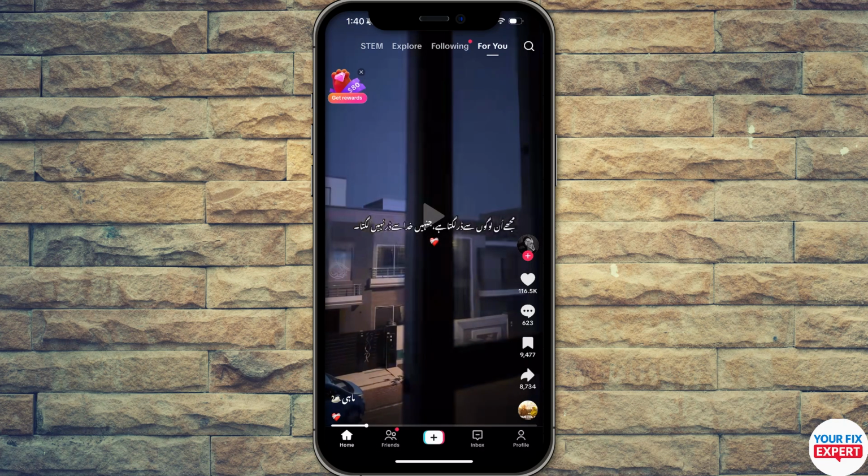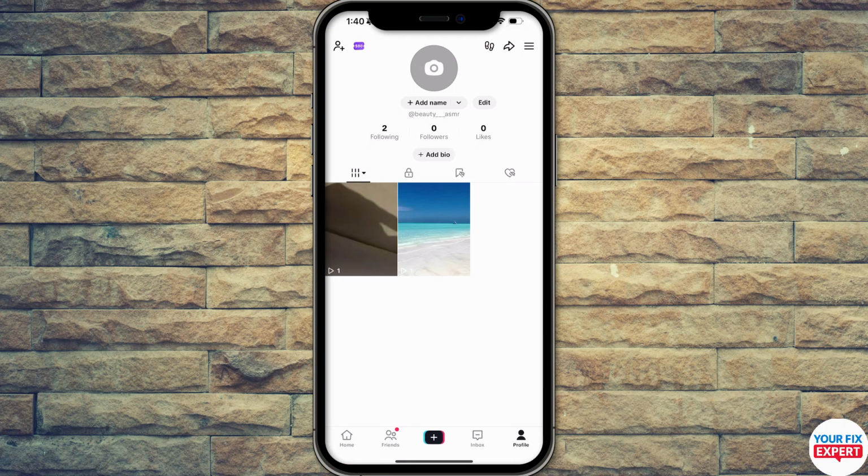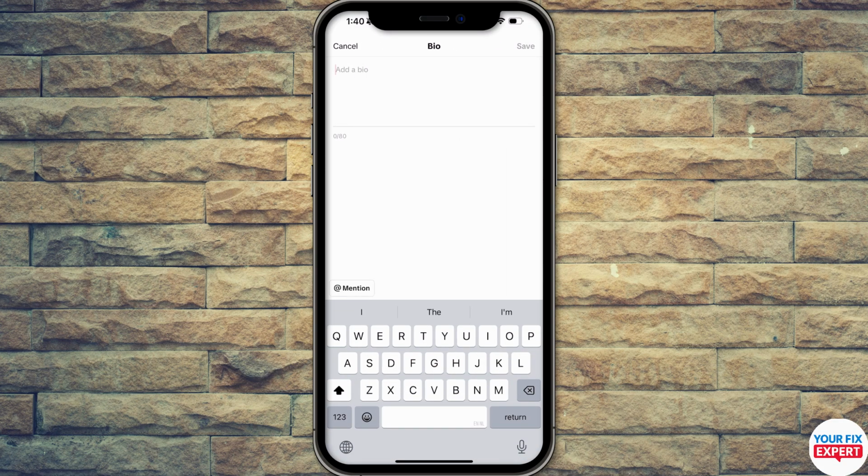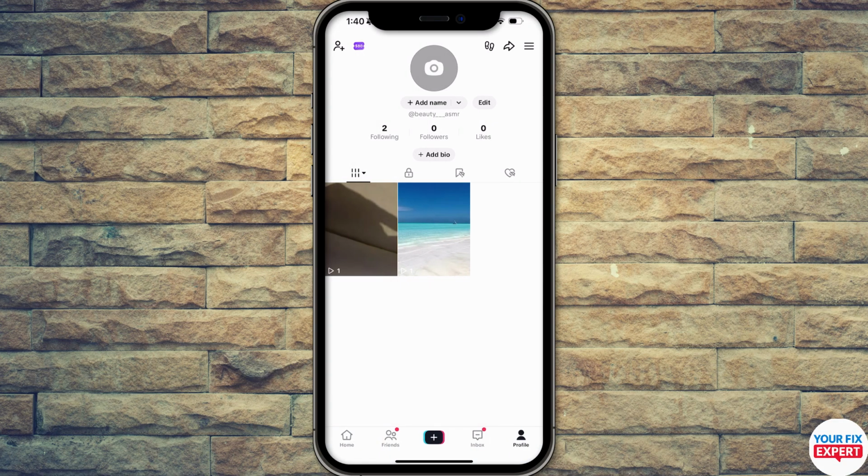Once you head to the TikTok app, just go to your profile, and from this section you can upload directly in the form of a reel. That is the only way you can do it. Otherwise you can click on add bio and add a link of your Temu shop in this section as well. Now if you're looking for any direct way to connect Temu to TikTok shop,